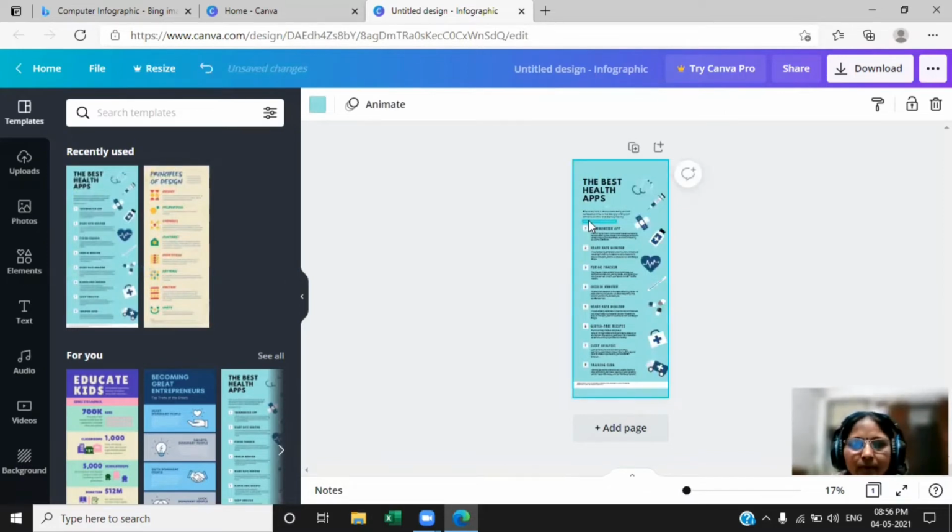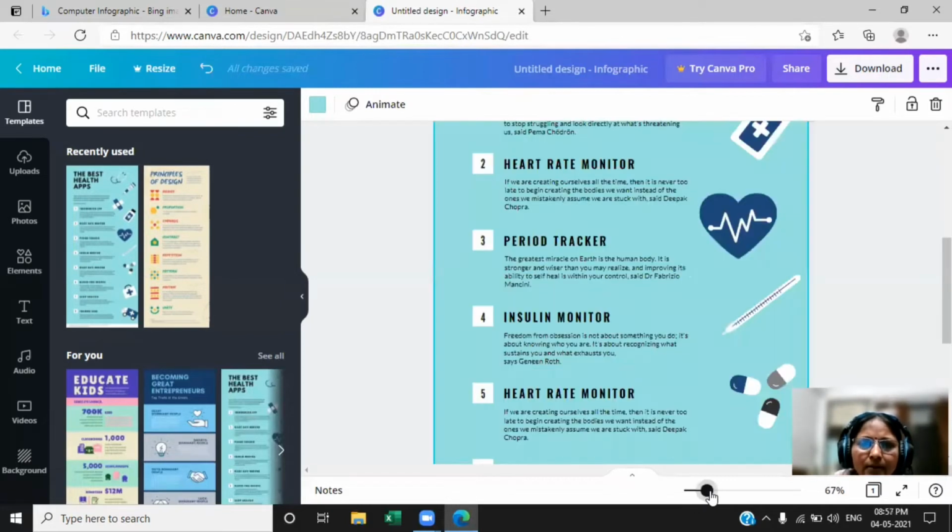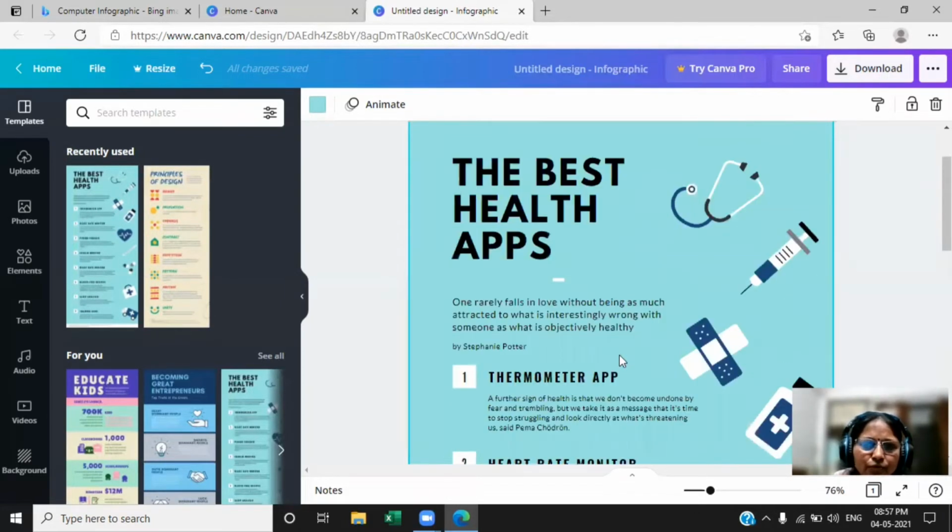We all know that we are sitting in the home. We are missing watching movies. We are missing eating in the restaurant. We are missing going to school. We are sitting in a home just to save ourselves. As we go outside, Corona will catch us. So let us see what healthy tips we can give to everyone, and we can design the infographic. Right now you can see it's showing in a very small way. Let us increase it so that you can do the changes you want to do.